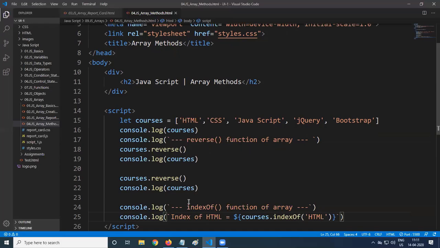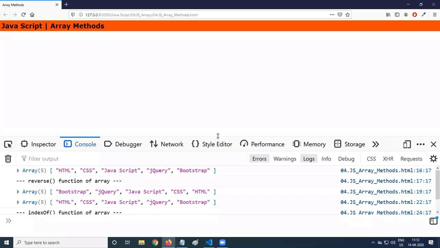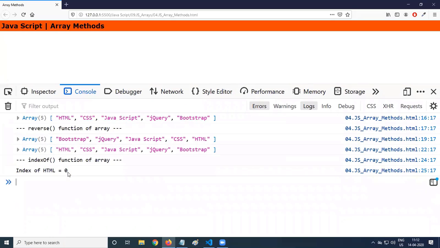So that HTML is present at index 0. Let's see what is coming. indexOf HTML is equal to 0.